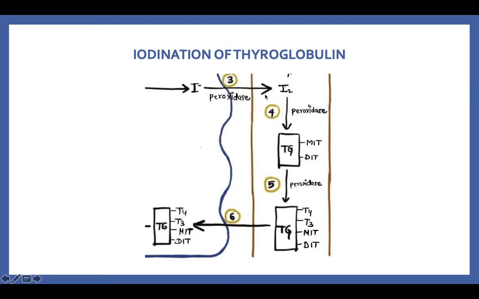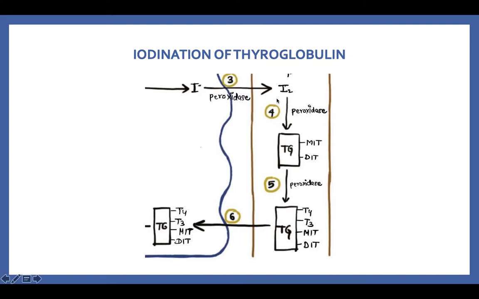Now this thyroid peroxidase has many functions. So the first function is the oxidation from iodide to iodine in the follicular lumen along the apical aspect of the cell. Next, this iodine that we have here undergoes another process known as organification, where it gets covalently linked to the tyrosine residues of thyroglobulin to form your monoiodotyrosine and diiodotyrosine, which is given as MIT and DIT respectively, along with the help of the enzyme thyroid peroxidase. And it covalently links to tyrosine residues because we discussed that thyroglobulin comprises of tyrosine and amino acids. So this is the organification.